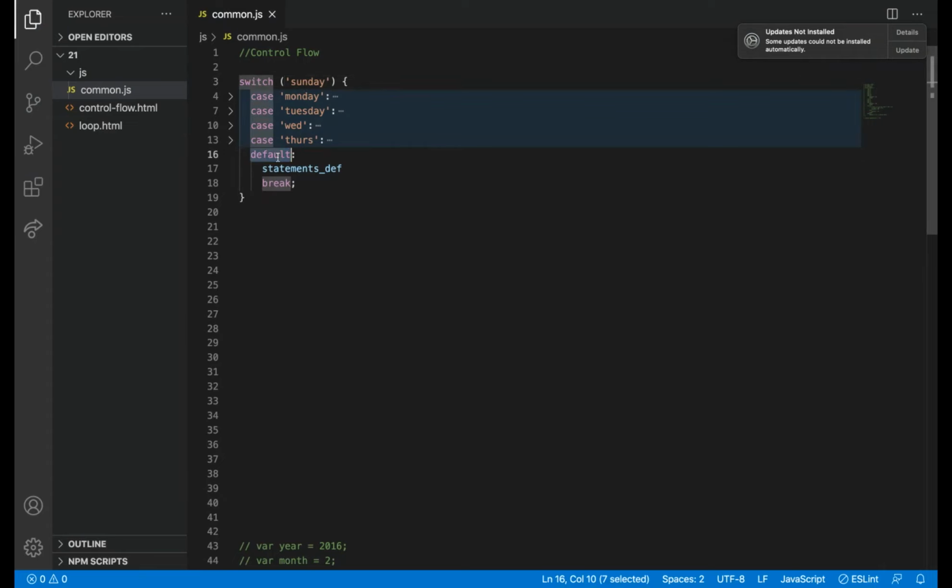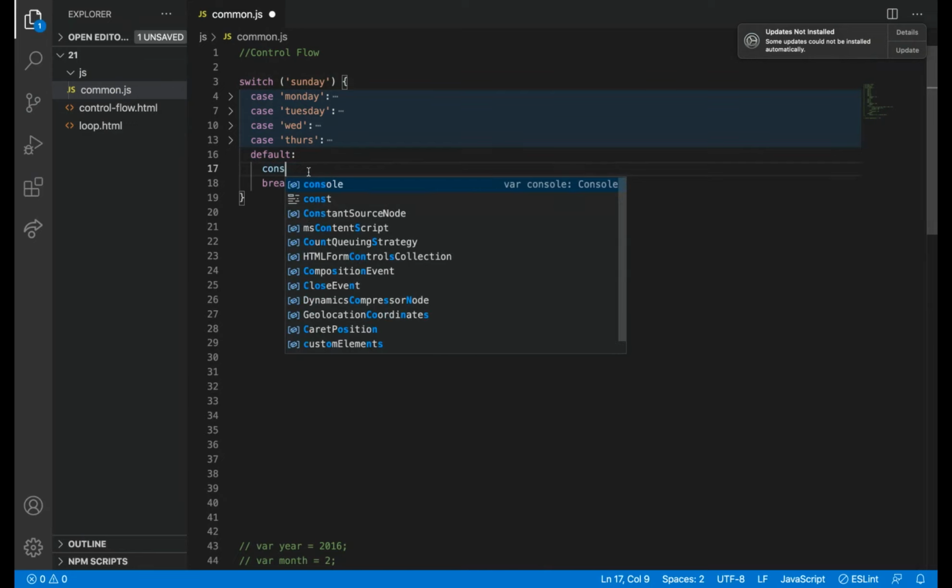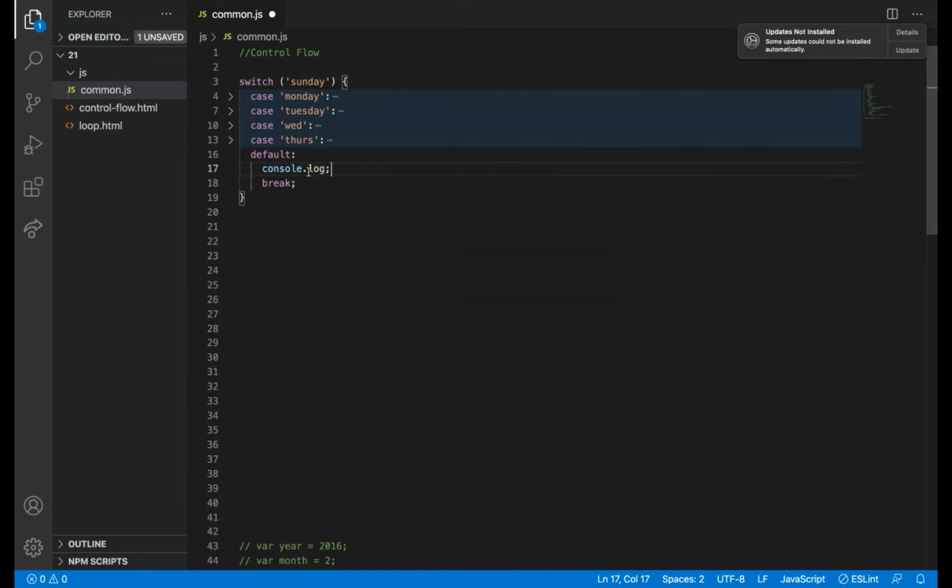So it will go to the default, and I'll say it's a holiday. If I pass Saturday too, it will say this. If I pass Friday too, it will say this.